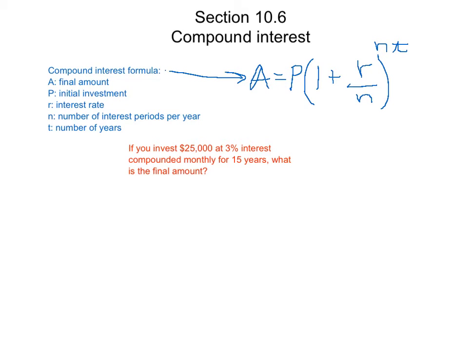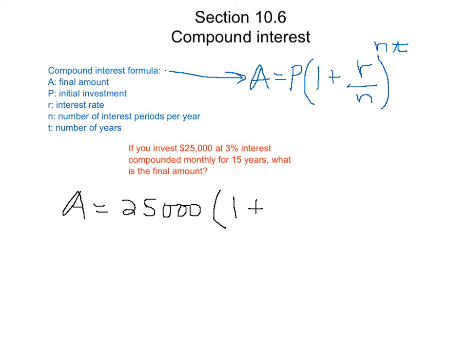Okay, so here's a straightaway problem. We know what our initial investment is. We know what the interest rate is. We know how many times per year it's being compounded. Monthly means 12 times a year. And we know how many years. So therefore, take out your Inspire, and the final amount is going to be